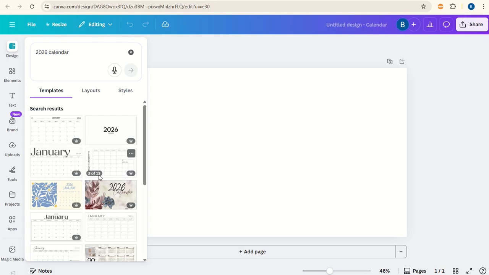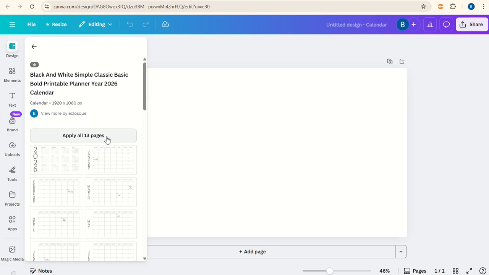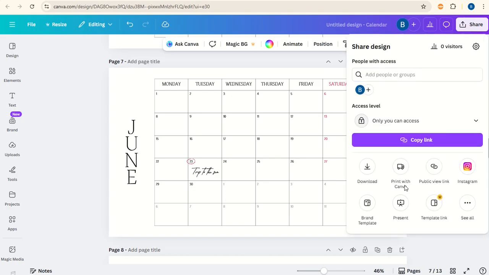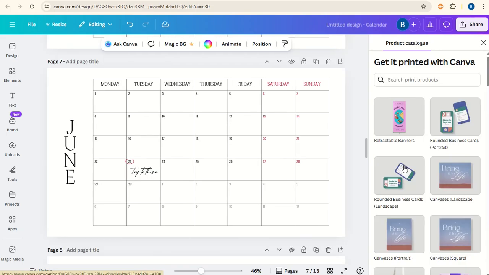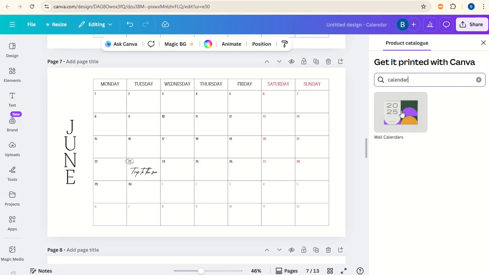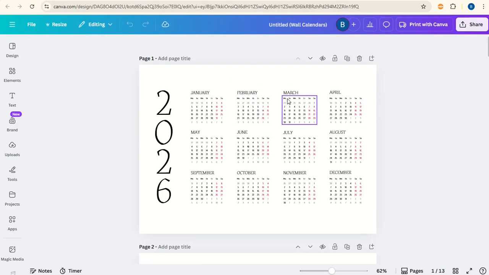So it's got 13 pages, which means it's got all 12 months and it's got a page at the end which has the whole year on it. So I'm going to click on that and say apply all 13 pages. Once those have been applied, we can go to Share and then click on Print with Canva. And I'm going to type in Calendar and click on Wall Calendars. And it will take your calendar into the Print with Canva area. So we'll click on Print with Canva,